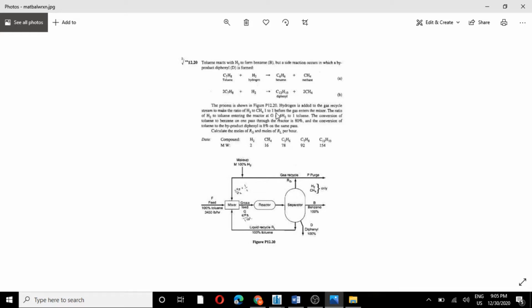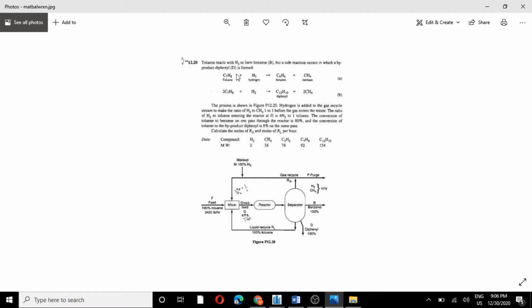In this video, we're going to solve a material balance problem with reaction using the DWSIM simulator. This problem was taken from the Himmelblau textbook, Chemical Engineering Principles and Calculations, 7th edition. This is problem 12.20 and it goes, toluene reacts with hydrogen to form benzene, but the side reaction occurs